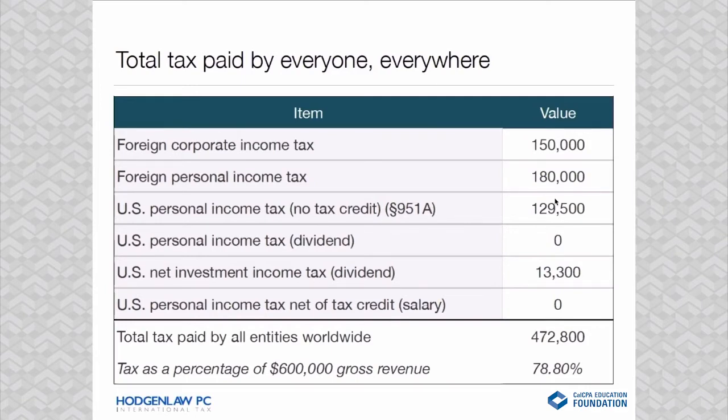150,000 for corporate income tax, 180,000 combined for salary and dividend for foreign personal income tax, 129,000 for Section 951(a), and the net investment income tax of $13,300. Magic 78.8% effective tax rate worldwide. Ha ha. Not bad. So I think this is something that, unless you can find a magical workaround, and cliffhanger,